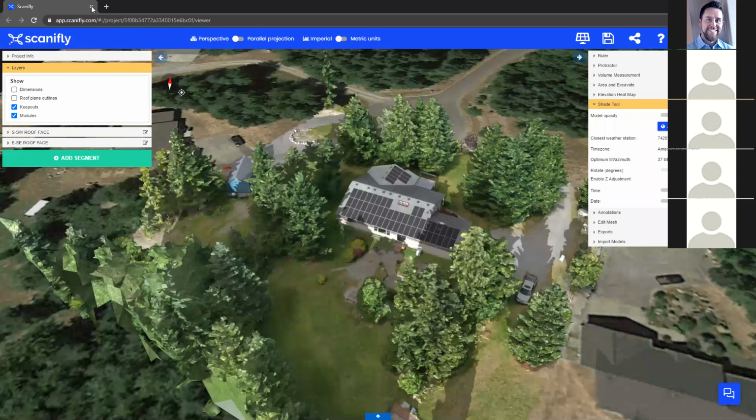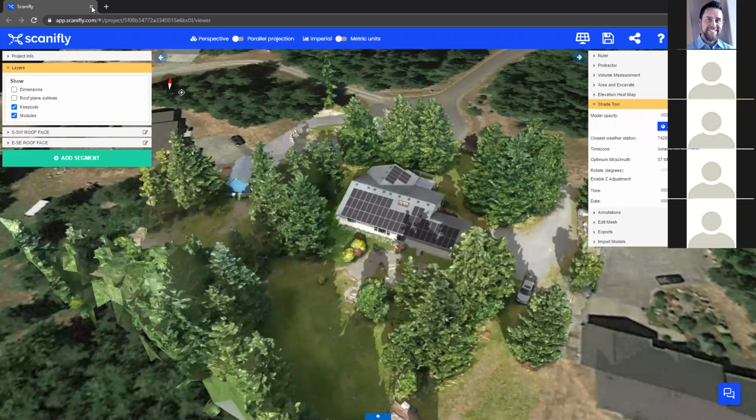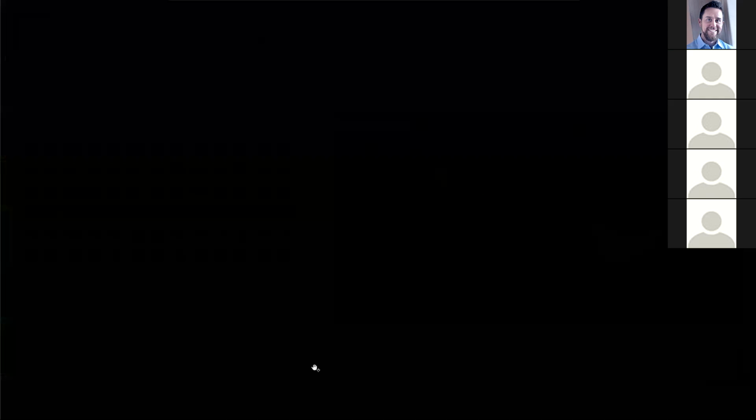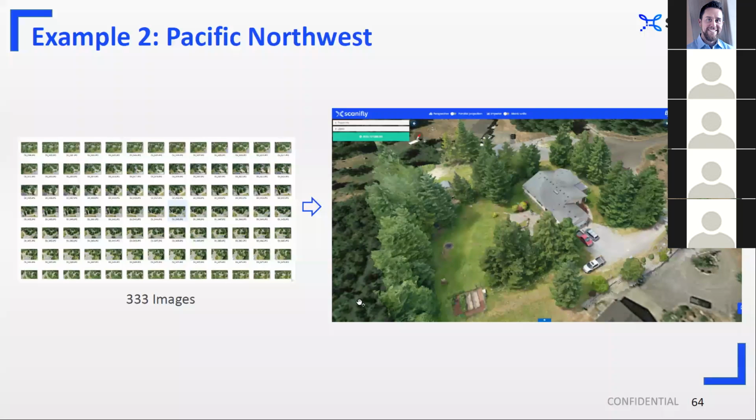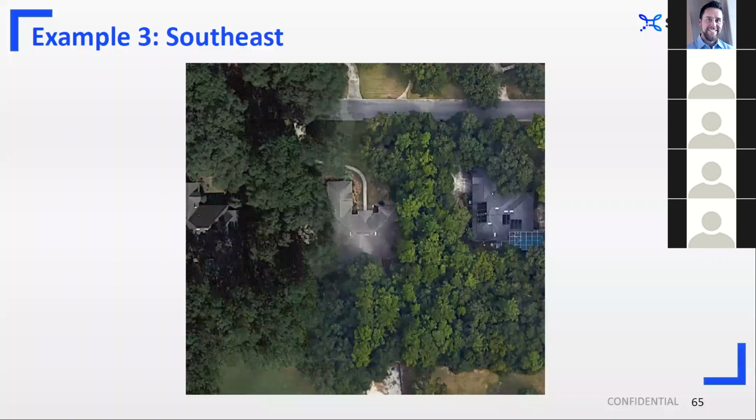Cool, looks good. All right, so keeping an eye on the time here. I know we've reached the hour mark. Apologize for that, but we have one more example to go through, and that's it. Okay, so the next example here,